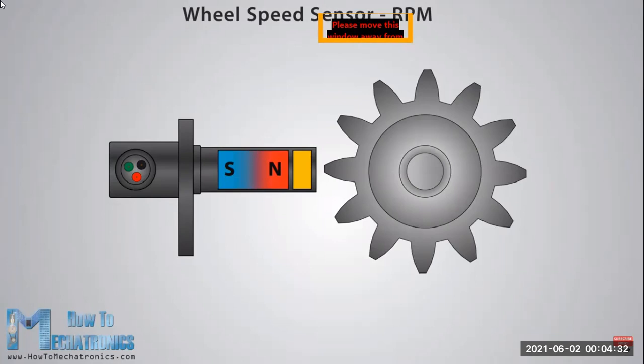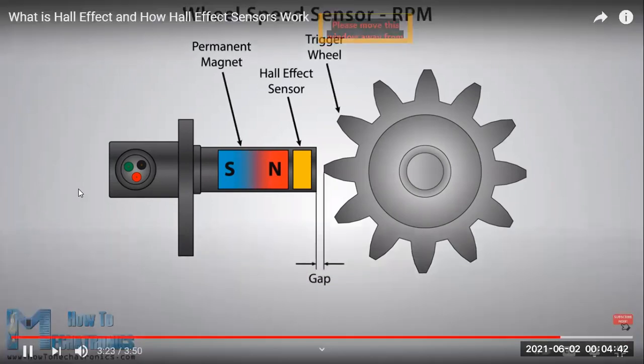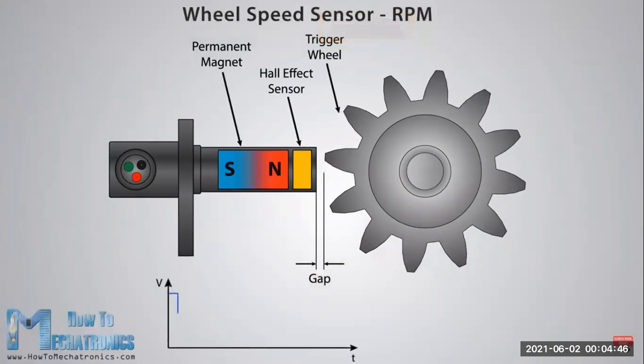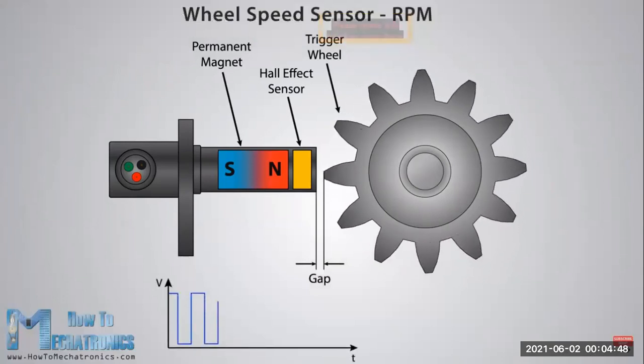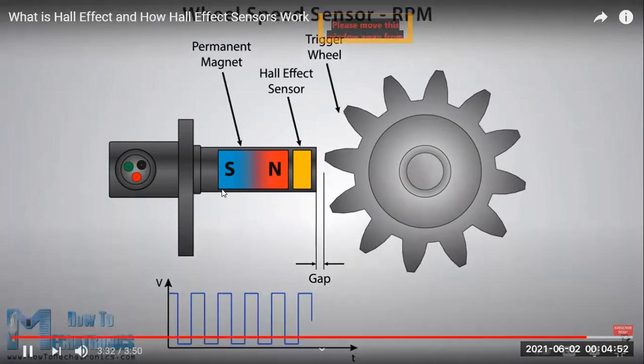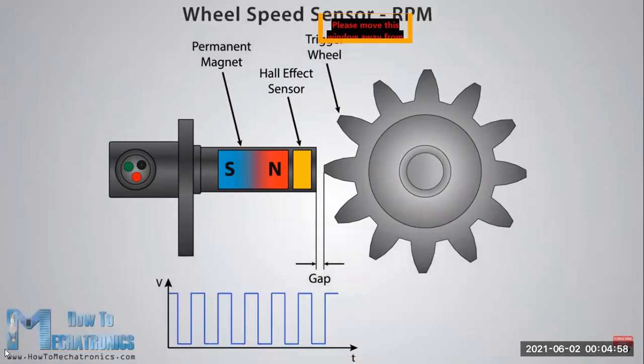These sensors are composed of a Hall element and a permanent magnet, which are placed near a tooth disc attached on the rotating shaft. The gap between the sensor and the teeth of the disc is very small, so each time a tooth passes near the sensor, it changes the surrounding magnetic field, which will cause the output of the sensor to go either high or low. So, the output of the sensor is a square wave signal, which can be easily used for calculating the RPM